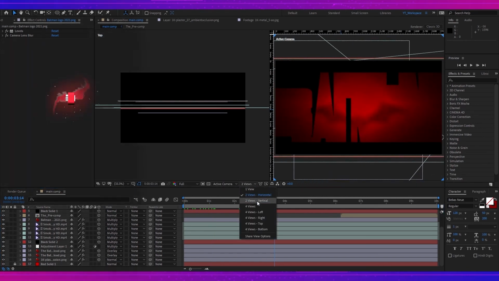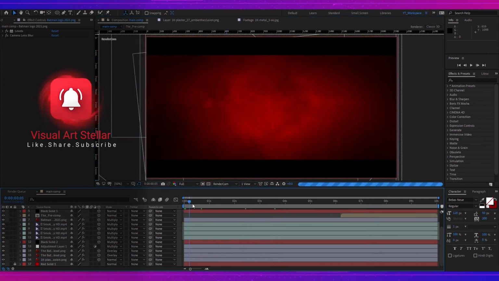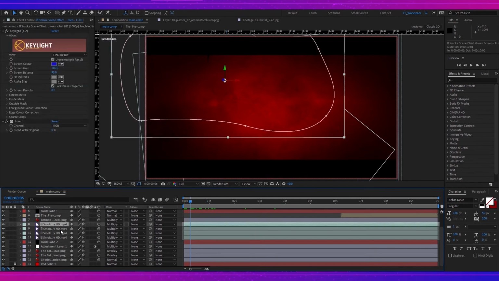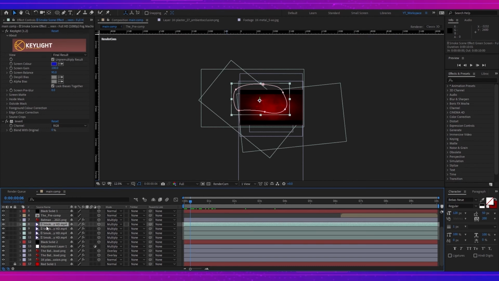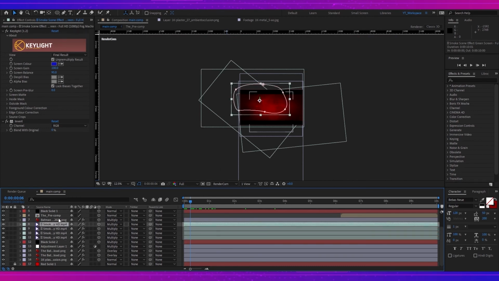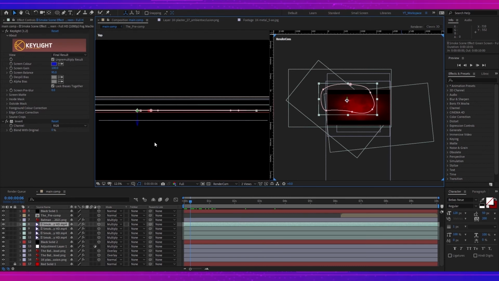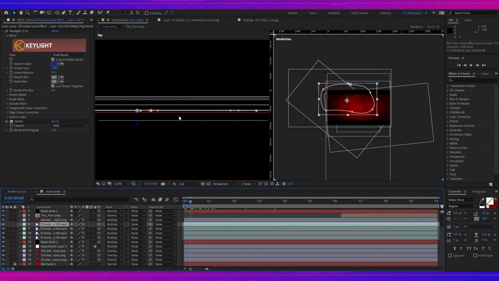Let's change the view to one view and see what I have basically done. I've added 4 smoke footages. Here you can see how I placed them, and also from the top view see how they have been placed properly. You can see all of them are stacked properly,